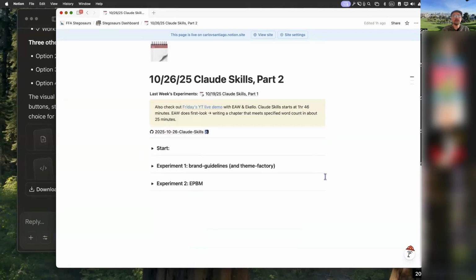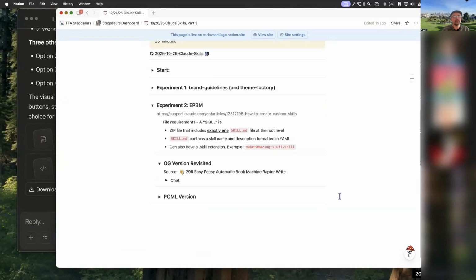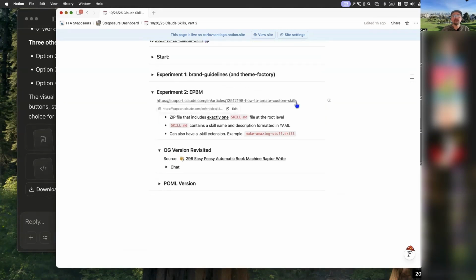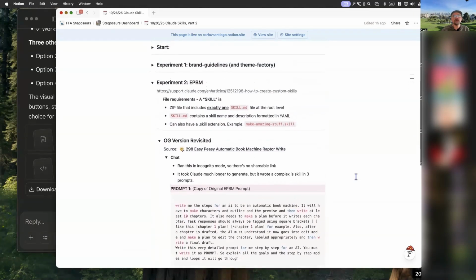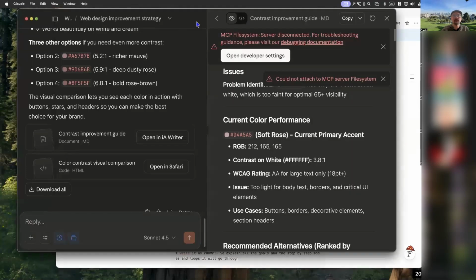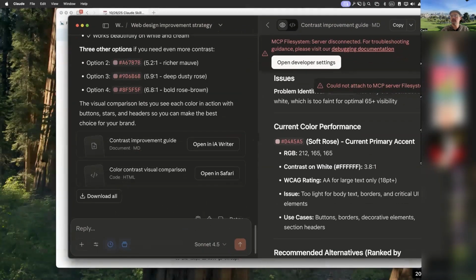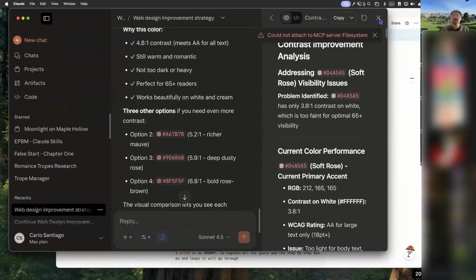So under experiment 2, you have a link here on how to create custom skills, and I'll show that this was the actual conversation that I had. But just to do a quick walkthrough of the navigation to create skills, let me do that real quick. Just in case you didn't watch the first video,